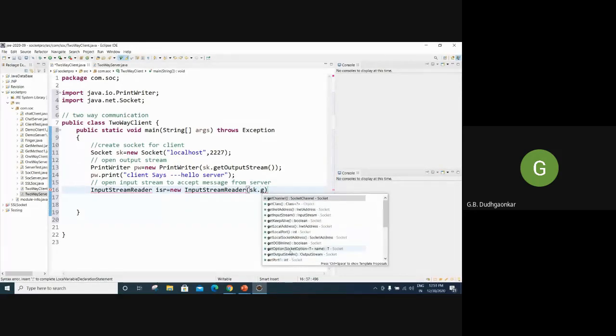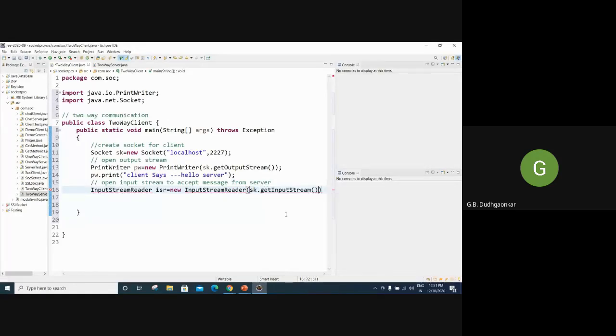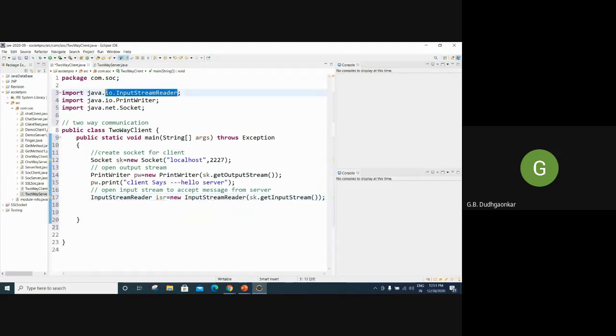Okay, for the socket, then semicolon. Now this is again input output for the stream reader, so we have to add one more package, InputStreamReader. So now after creating the input stream to accept the message from the server, it will be stored in this.